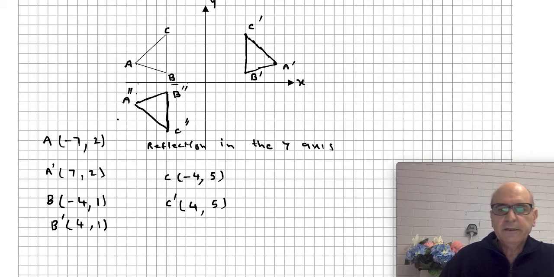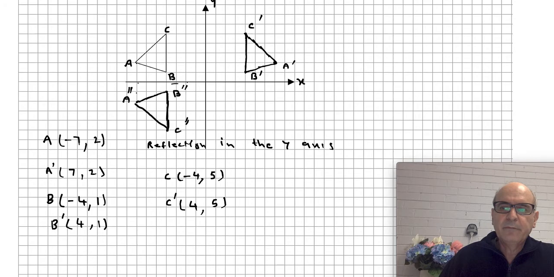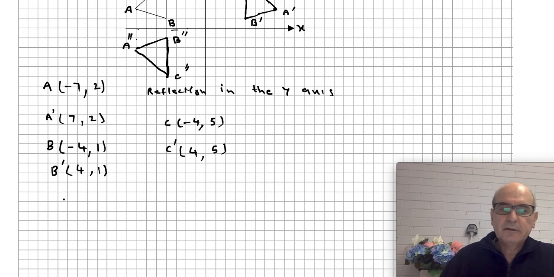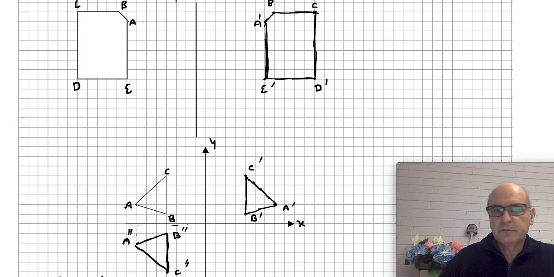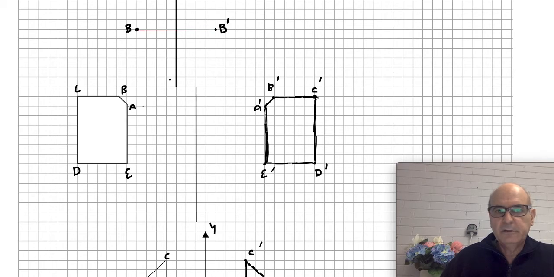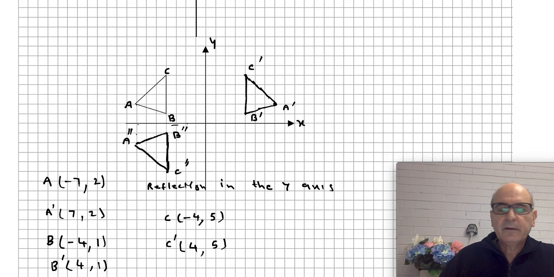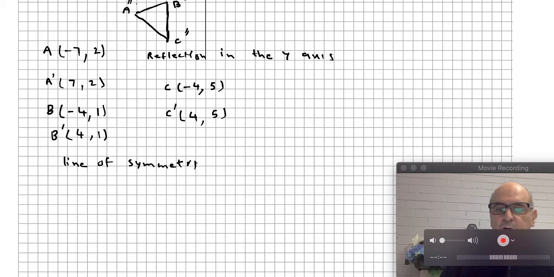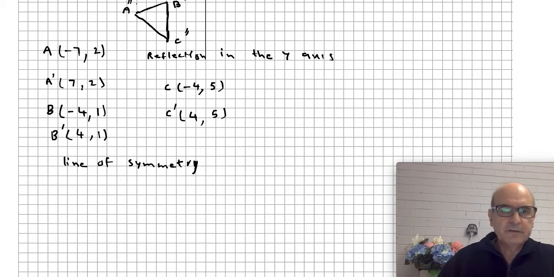One more thing is when they ask about a line of symmetry, it is a reflection line or a mirror line. Each of them is a mirror line, the ones we use. All right, so these are mirror lines. If that mirror line falls inside a shape, then we have a line of symmetry. For example, if I have this square,